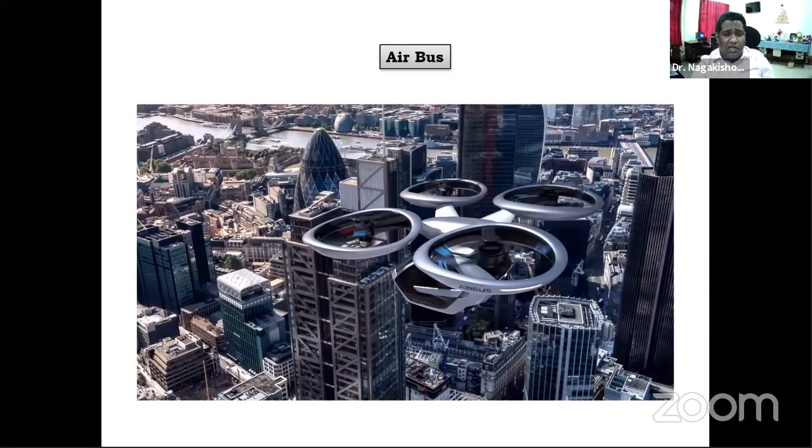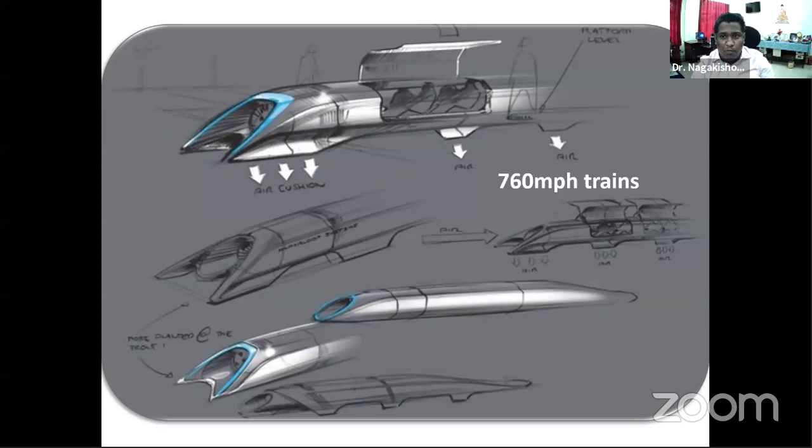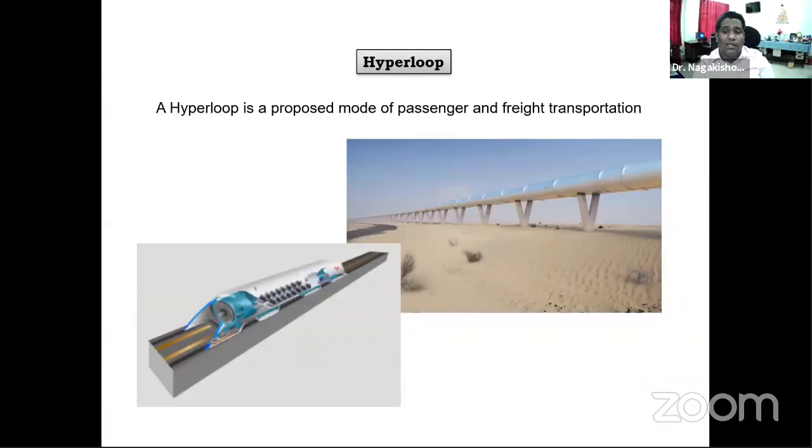So coming to see the beautiful image of the Airbus. In future we may travel by this Airbus. And coming to the bullet train, 760 mph speed. Another thing, hyperloop is nothing but a proposed mode of passenger and freight transportation. So in very less time we can travel much longer distances by using the hyperloop. SpaceX, Elon Musk will deal with this one,